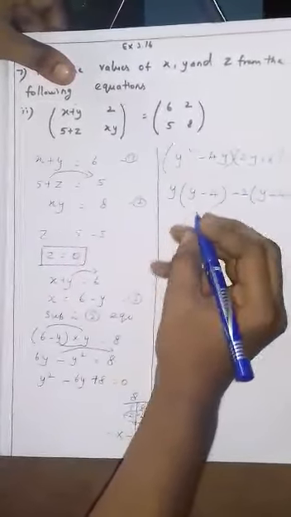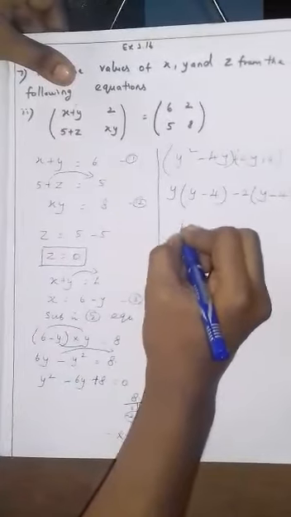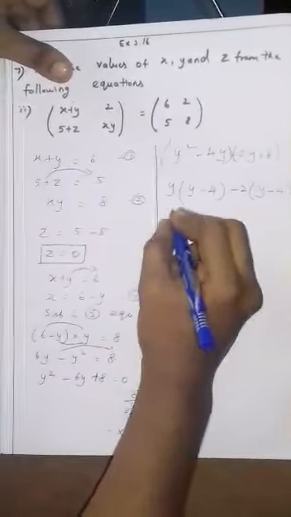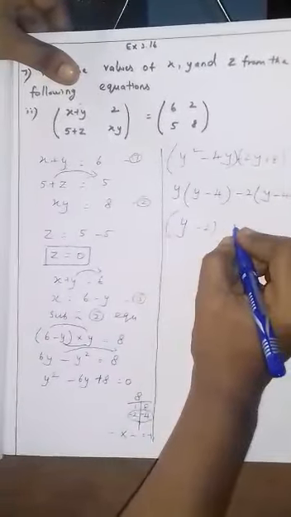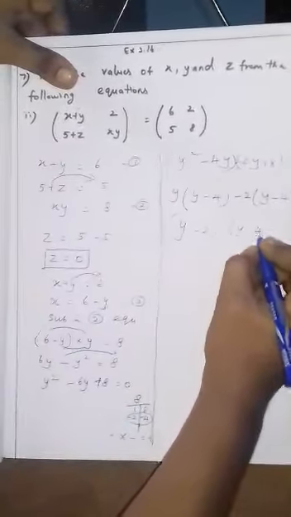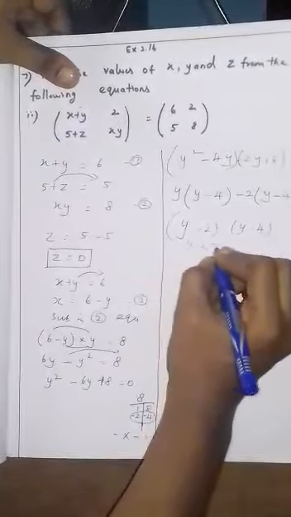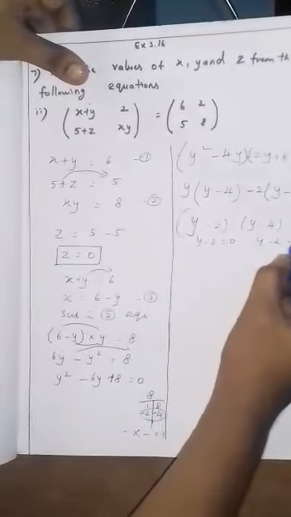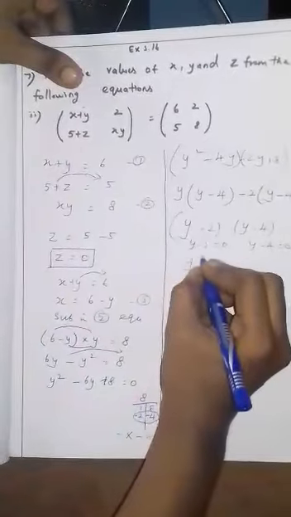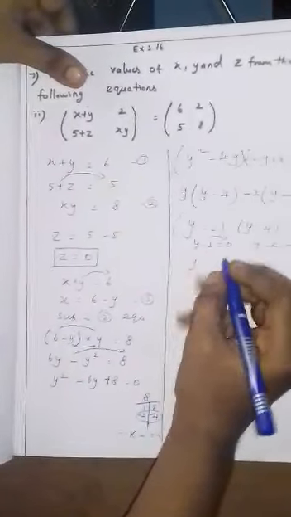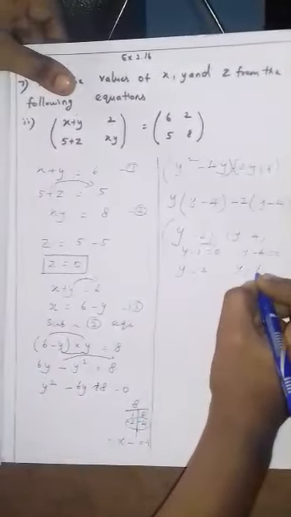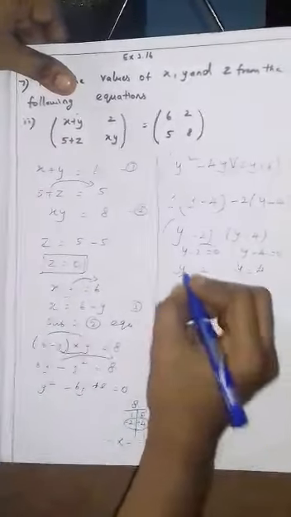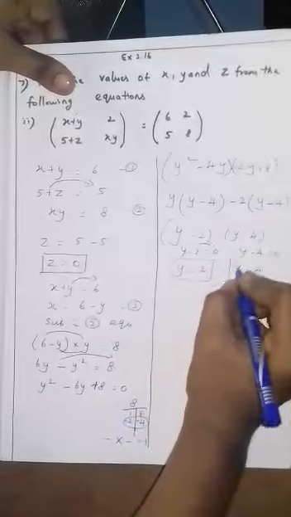So the outside terms are written as the first factor: y minus 2. The next one is the repeated term y minus 4, written only one time. So y minus 2 equal to 0, then y minus 4 equal to 0. For the y value, the first one, minus 2 changes to plus, so y equal to 2, and then y minus 4, so y equal to 4. So y equal to 2 and y equal to 4.